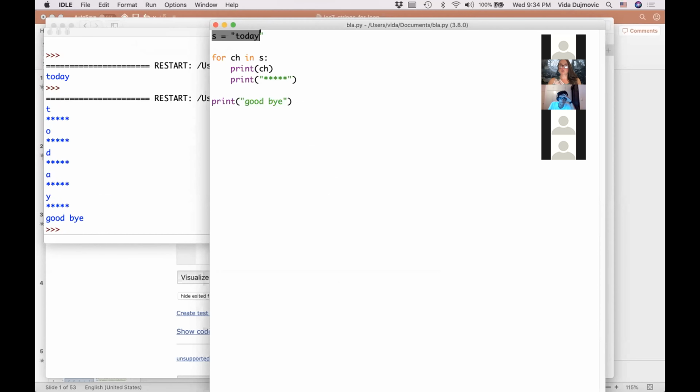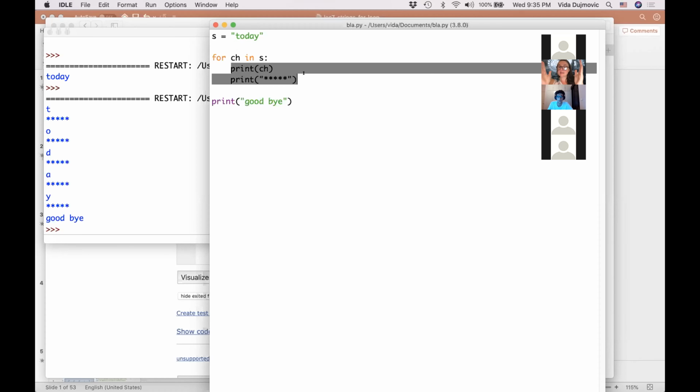So you have some code, you know what this does. Python executes this code, goes to the first line, creates a string. Then it comes to the for loop, okay? First time it encounters a for loop of this kind, it says, okay, I have a string s. I'm going to take the first character from s and store it in variable ch. In our case, the first character is t, so it's going to store the character t inside the variable ch, then it's going to enter and execute the body of the loop.